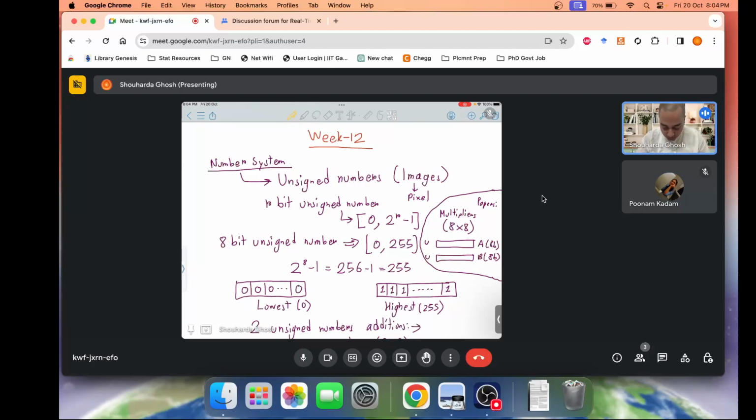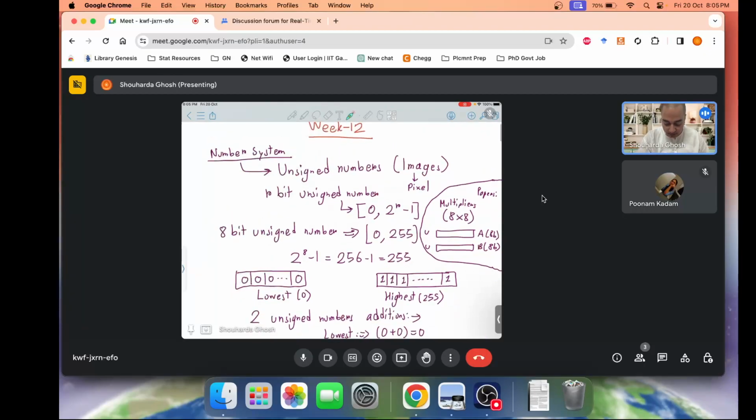Let me just review where the revision had started last week. Initially the course started with number systems, the DSP architectures and a bit of multipliers. In week 12 we talked about number systems, where we first talked about unsigned numbers. Unsigned numbers are used in image processing, where the pixels are generally 8-bit unsigned numbers. When you say 8-bit, or any r-bit number, it ranges from 0 to 2 to the power r minus 1. Hence for an 8-bit number you have values from 0 to 255,